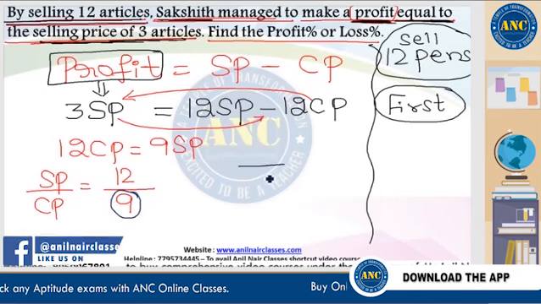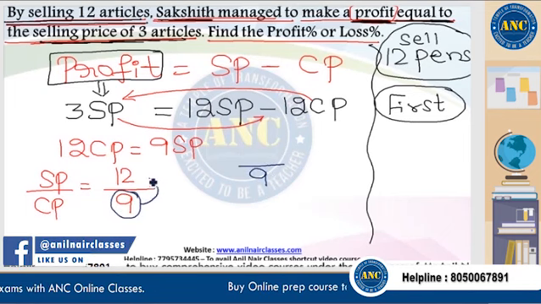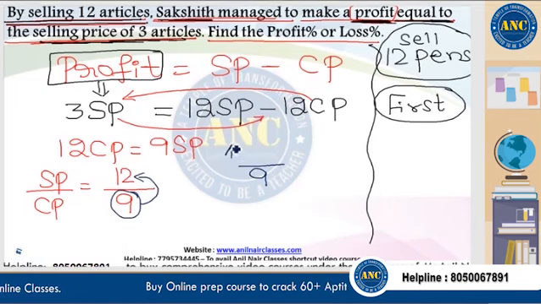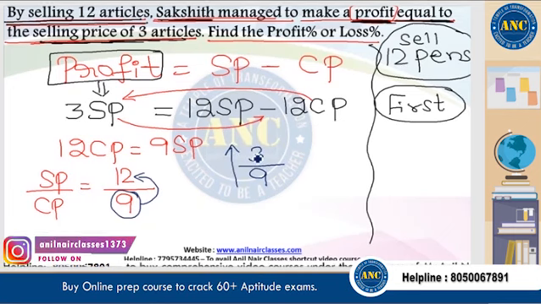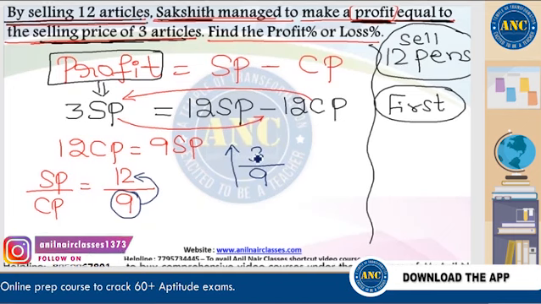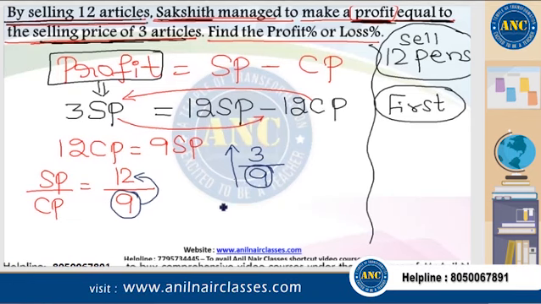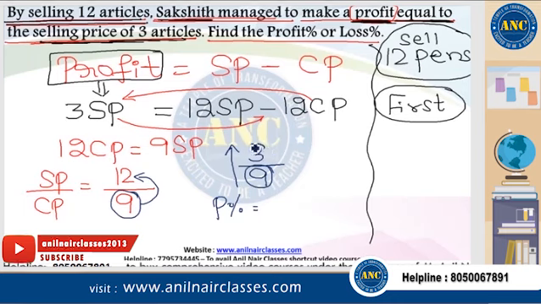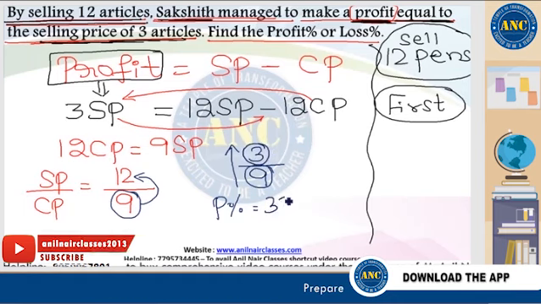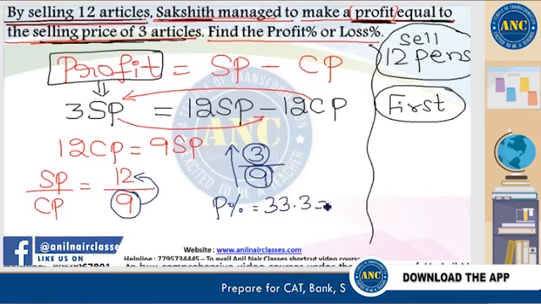Denominator is 9. Write down the same 9 in the denominator. 9 is becoming 12, there is an increase of 3. That means numerator is 3. Profit increase is nothing but profit percentage. Denominator is 9. Answer should be a multiple of 11. 11 into 3 is 33. Write down twice. Answer is